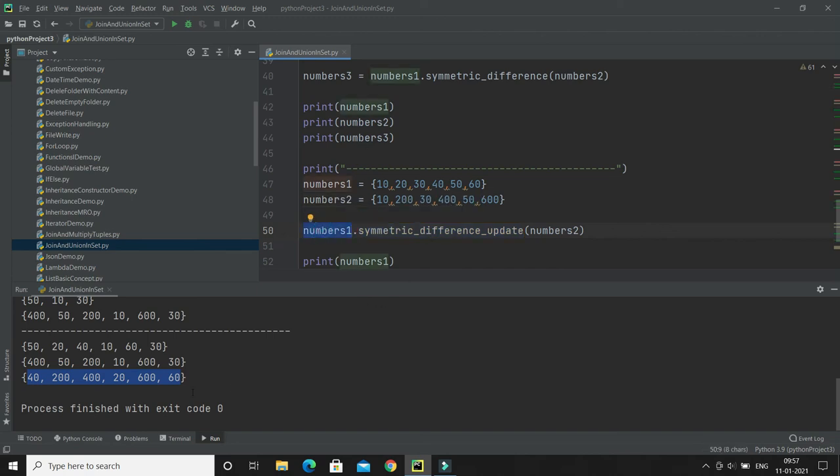So when we call symmetric difference on two sets, it returns all the items which are not present in both the sets. Of course, this method can be called on many sets as well.